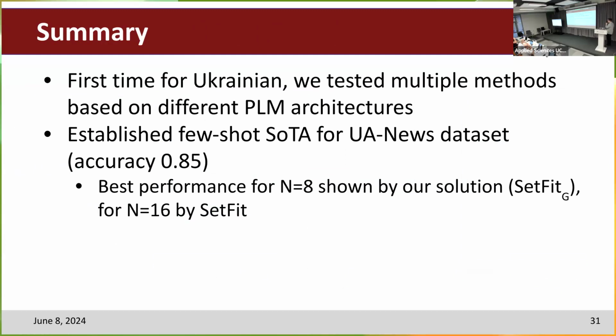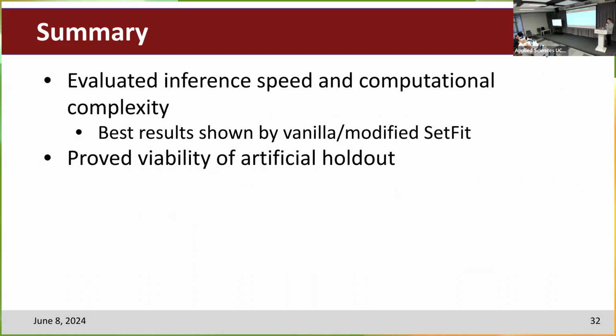We established a few-shot state-of-the-art for the UA News dataset with accuracy of 0.85, with best performance for 8-shot shown by our solution, multi-generational SetFit, one of the ablations, and for 16-shot shown by the vanilla SetFit. We evaluated inference speed and computational complexity with best results shown by vanilla and modified SetFit,